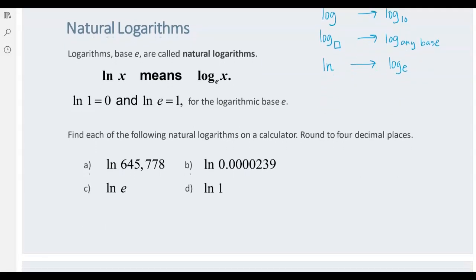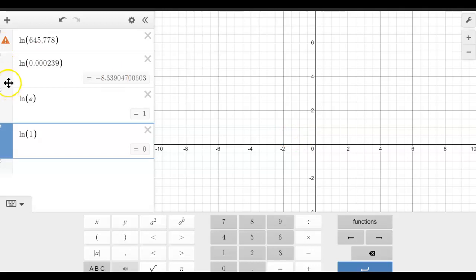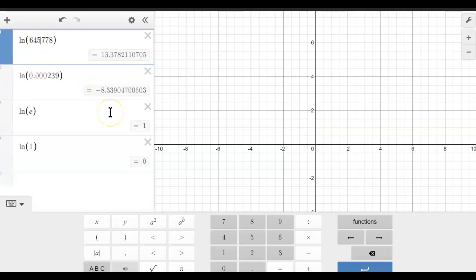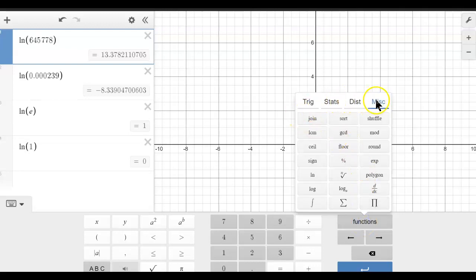So again, in a calculator, you could just plug these into Desmos and get the answers out. I'll pause for a second and then type those in for you. So I have gone ahead and typed in the examples that were in that last slide for you. Again, if you click on the functions option on the right and then select the fourth option here, miscellaneous, you can see natural log sitting down here. And I typed in the values and it's telling me that e raised to about 13.4 power would give me this number,